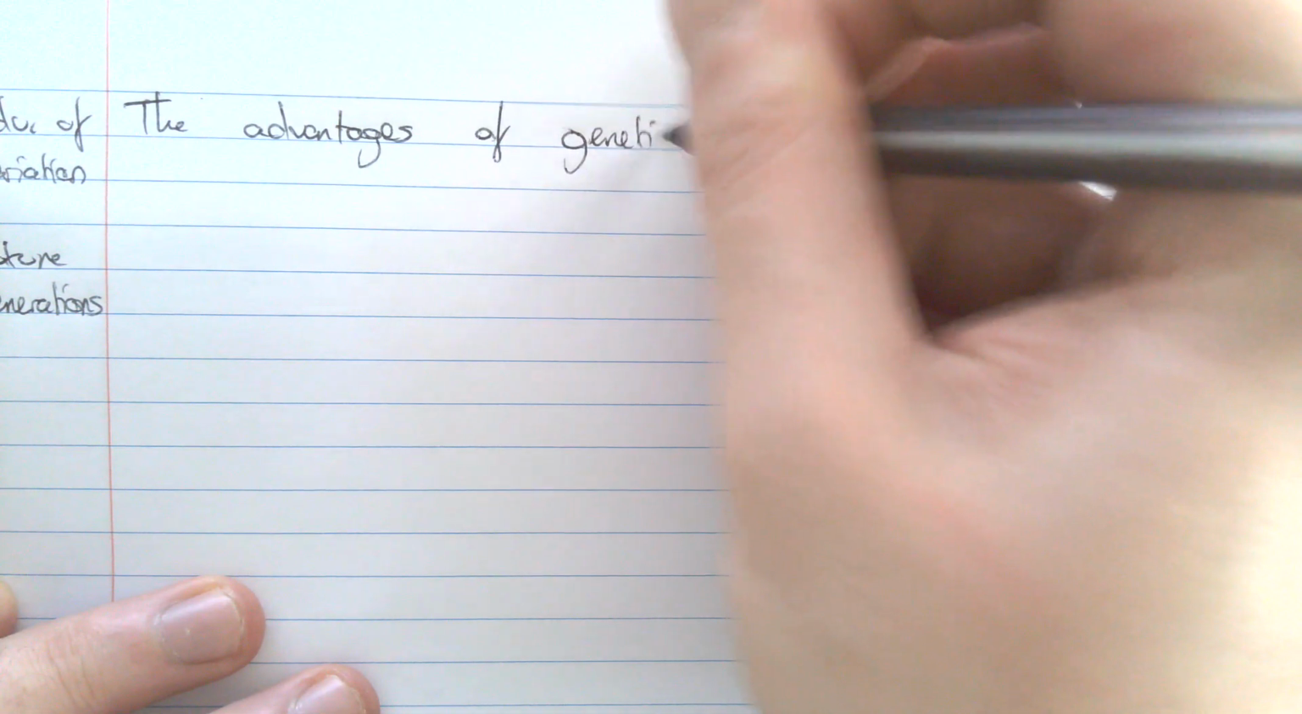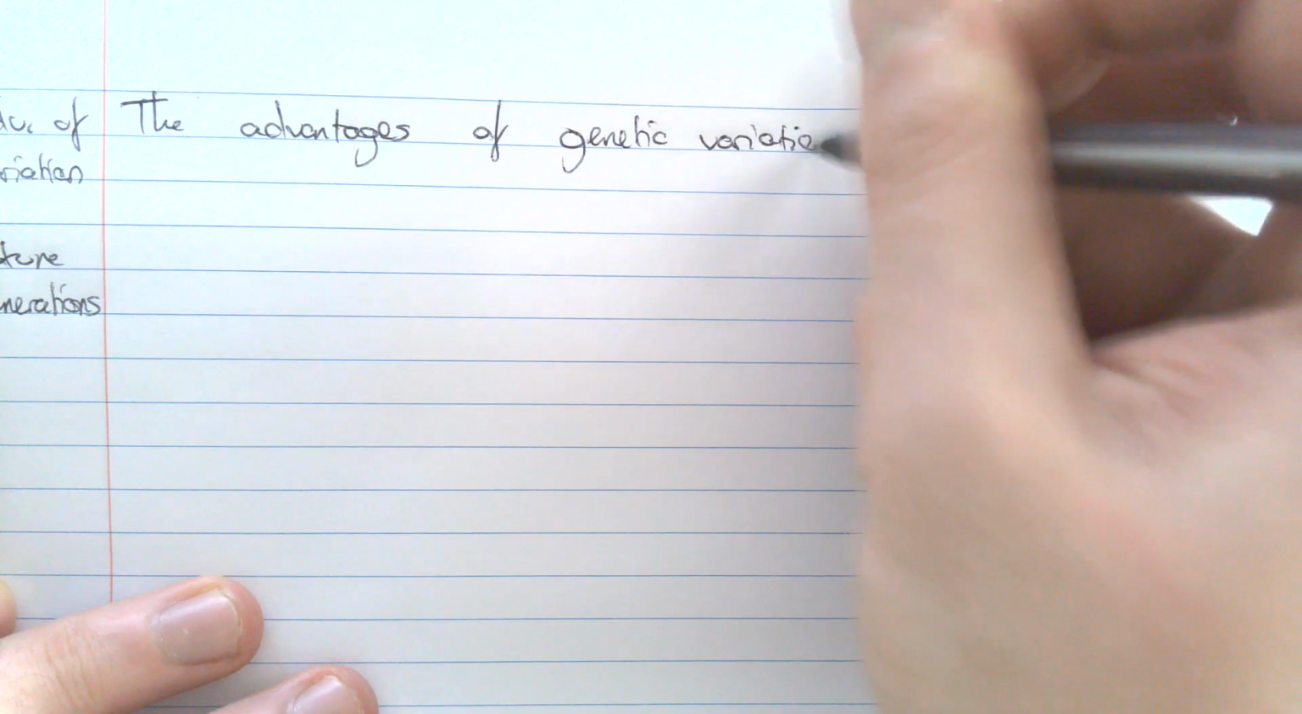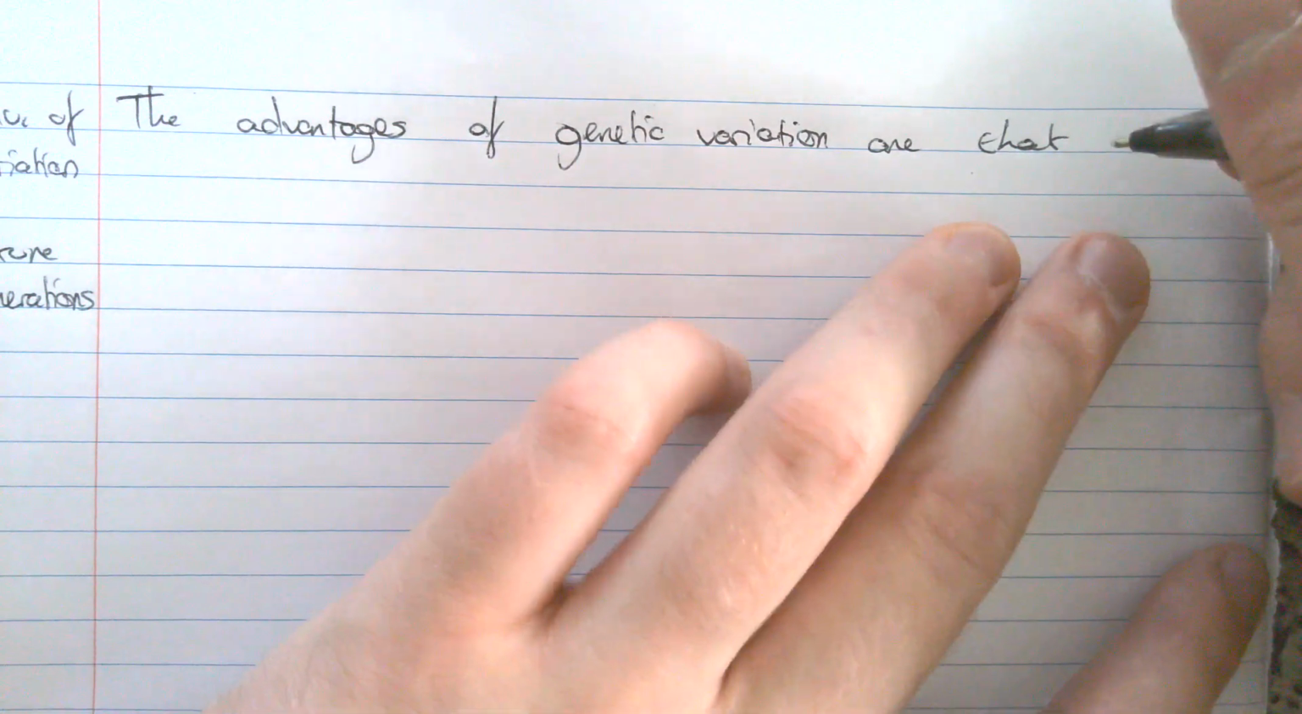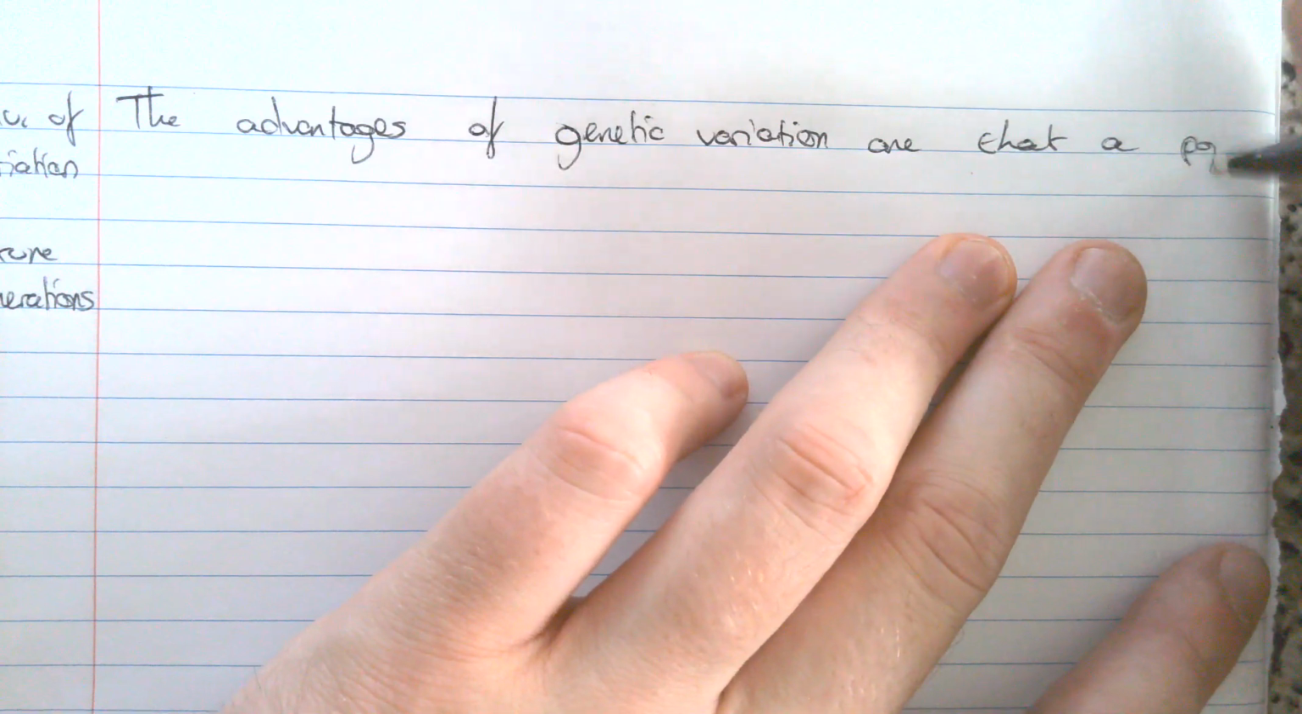So with the advantages of variation, this is the idea of how you can be resistant to diseases. And obviously in this case, we are talking about the resistance to HIV. So, significant. The advantages of genetic variation are that a population,